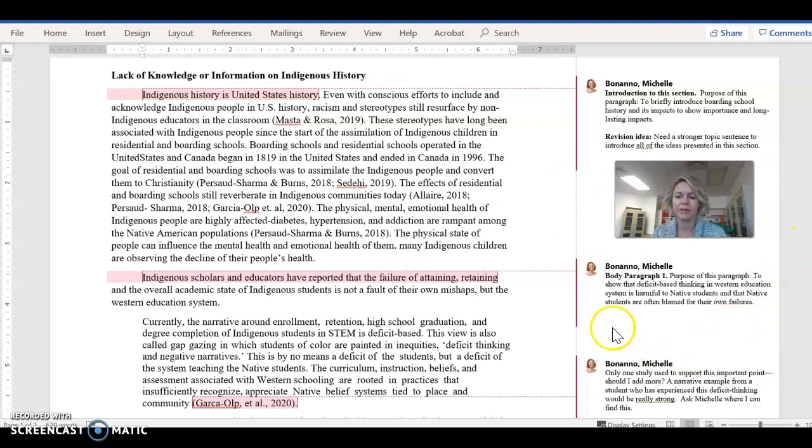So you'll notice right down here that I have kind of a question for myself and a question for my teacher here. So I only have one study to support this whole section, which seems like a really important section of my paper. So I'm wondering if I should add more. I'm wondering if I could add a story about a Native student who's experienced this. And so I want to ask my teacher, if I did want to add some kind of a story from a student, where might I find that kind of evidence? So I'm